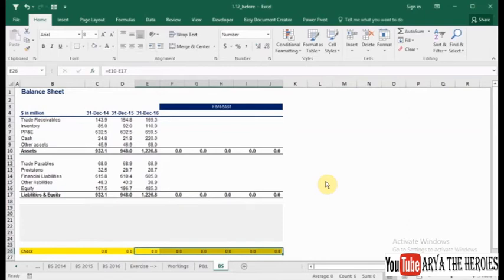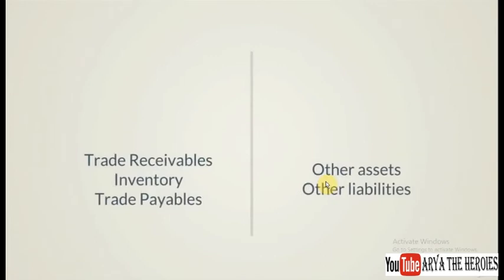Okay, which are the drivers we can use to forecast balance sheet items? The supporting materials that come with this lesson explain this in more detail. Please look at them before continuing. If you have, or you already know how to do this, we can continue. Trade receivables, inventory, and trade payables will be modeled with the days technique, while other assets and other liabilities will